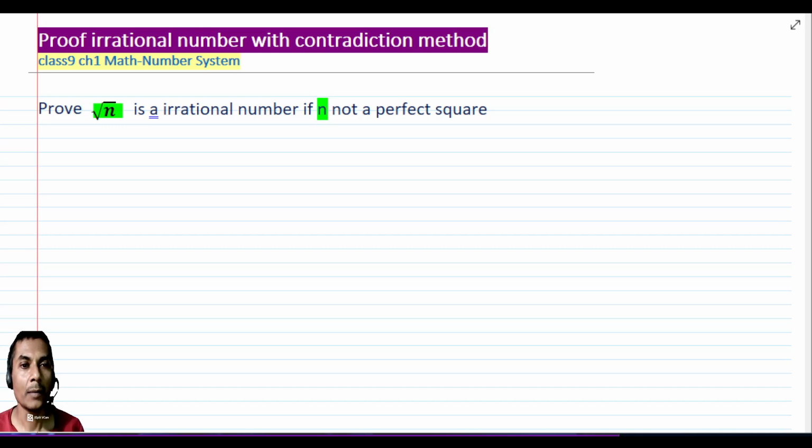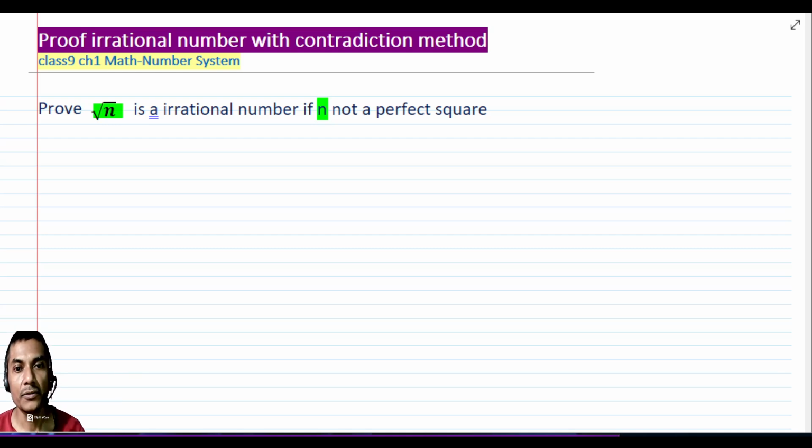Hi, I am Atanu. In this tutorial video, we learn how to prove the irrational number with the contradiction method. This is the series of the tutorial of class 9 mathematics chapter 1, number system. So let's start with the first question, that is, prove root n is an irrational number, meaning not a rational